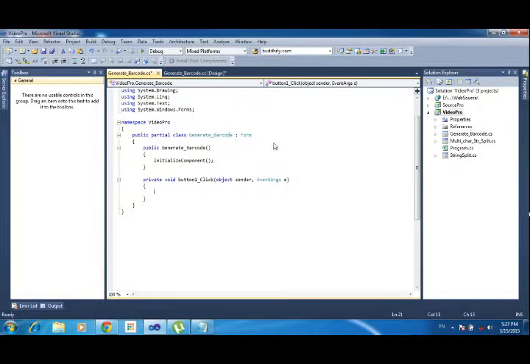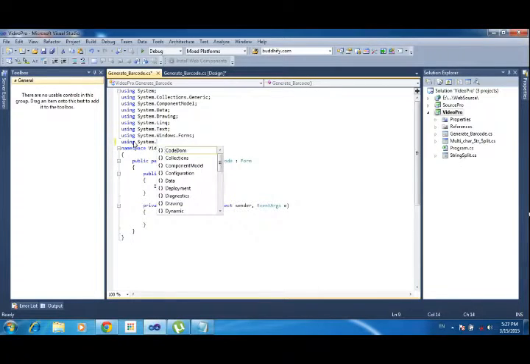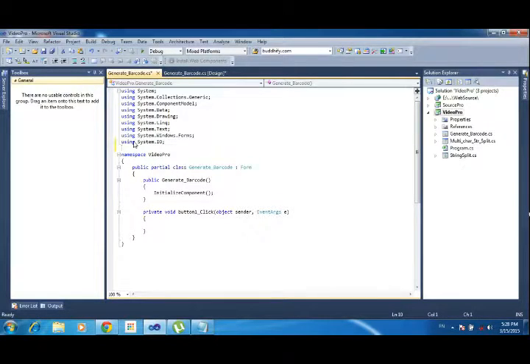Inside the button click event I need to write the code here. Don't worry about the installation. Here I am declaring two library namespaces. Using System.IO, this is used for input and output, so if you want to write or save anything you have to use this library.